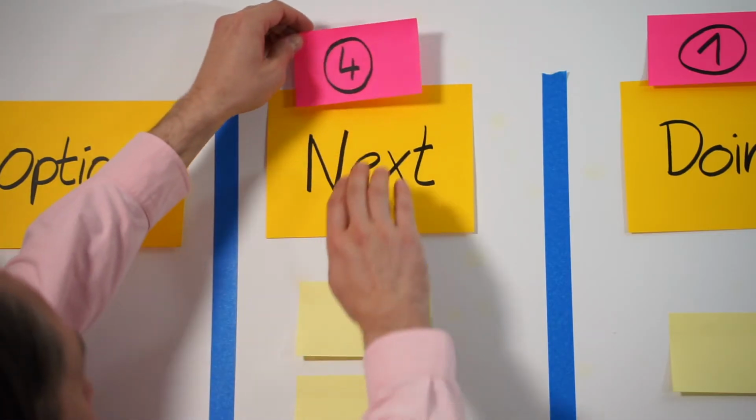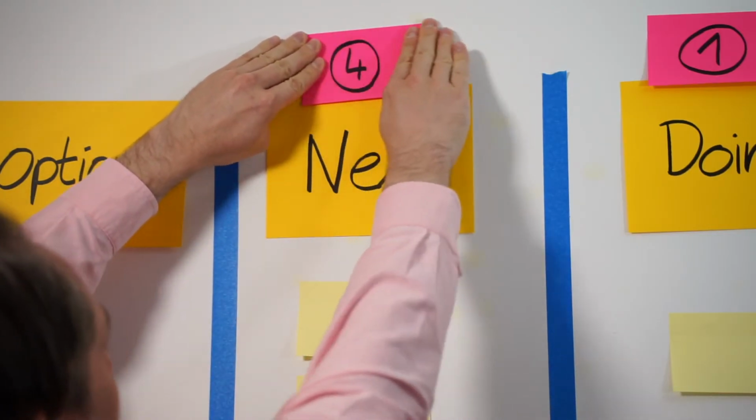That keeps you motivated. But wait, we will put a limit here. I symbolize this limit by putting here a post-it that says 4. That means that in this column can be a maximum of 4 post-its. Now you might say, I can easily do 10 tasks per day. Well, in case you run out of work today, you just pull one more sticky note into your workflow, not several ones. Do not make the mistake of pulling too much work into the workflow. In our case, more than 4 stickies.